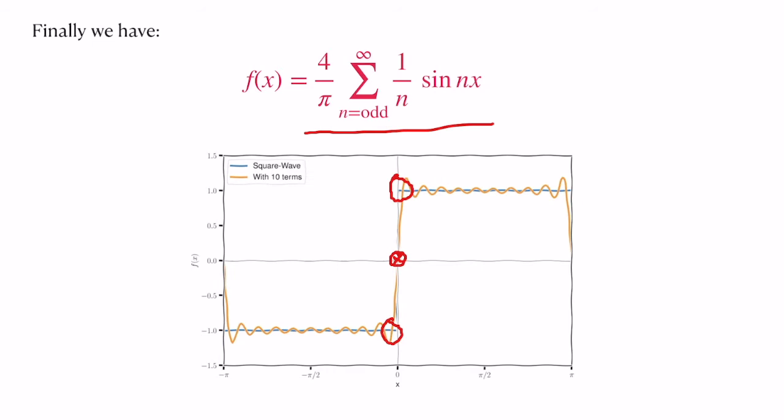So this is an artifact of the Fourier expansion. This is called the Gibbs phenomenon. We'll not actually go into details on this. It's very easy to understand that when there is a discontinuity, the function tends to oscillate around that point, and the mean value is taken as the value of the function.